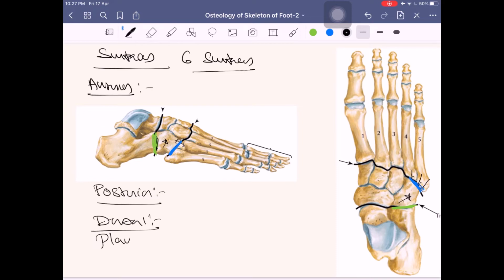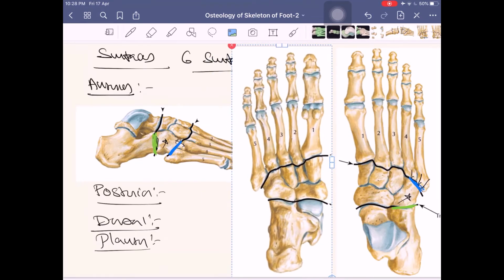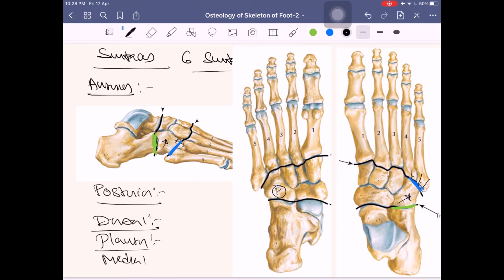So this is the dorsal surface, this is the dorsal surface, and plantar surface or inferior surface. So for this view, and here you can see this is your plantar surface or inferior surface. Then you got your medial surface. So medial in this case will be, so this is your medial which I am coloring now. This entirely is your medial. In this case, this is your medial.